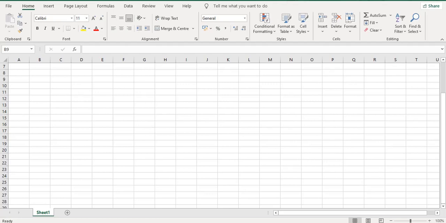So let's get started. Initially, what you have to do is press the Alt key on your keyboard. After pressing Alt, you will see the following options at the taskbar. On the Home tab you will be able to see H, on the Insert tab N, and on Page Layout